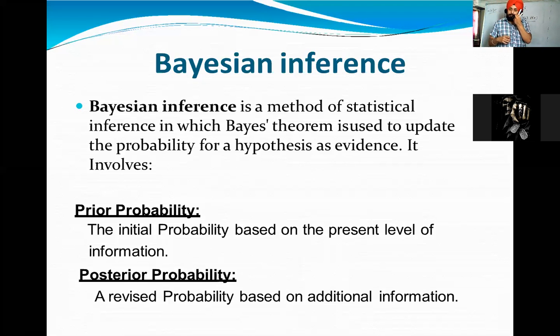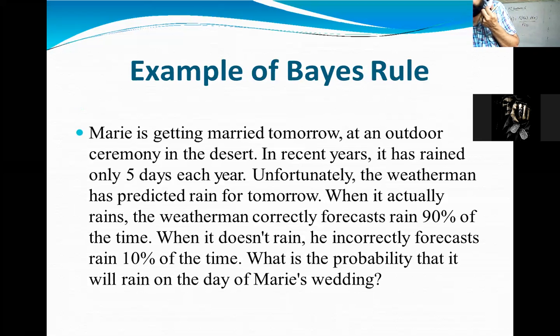But then you collect the data, you collect the evidence, then you apply the formula, and then you revise whatever you had said earlier, whether the probability you got earlier is right or wrong, or how in numerical form it has changed. So what has changed afterwards, after collecting the evidence, that type of probability is known as the posterior probability.